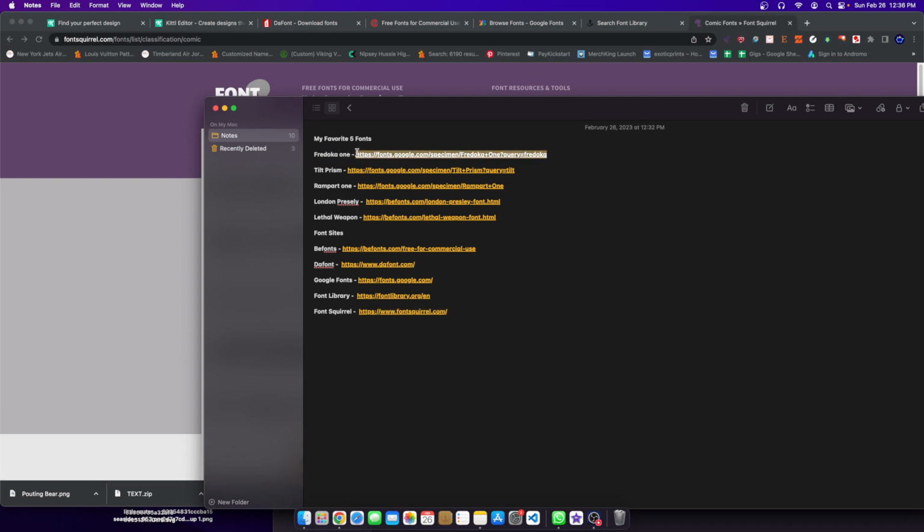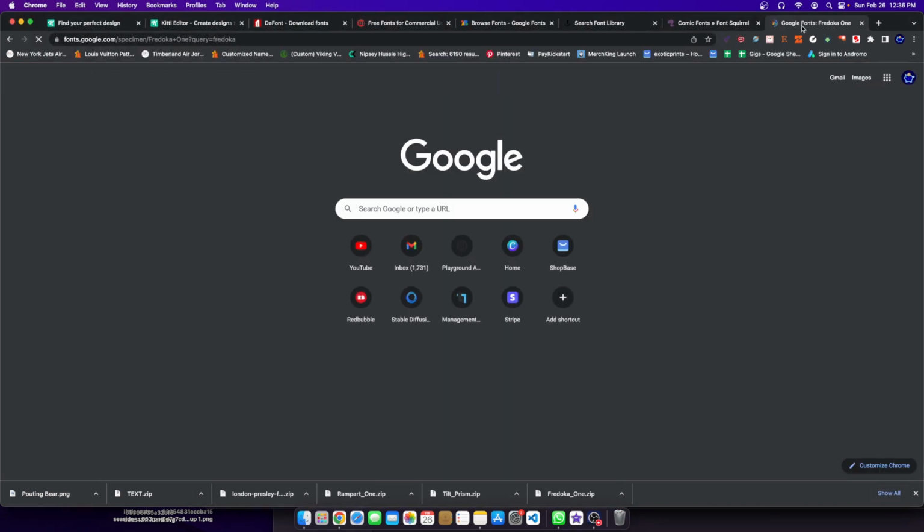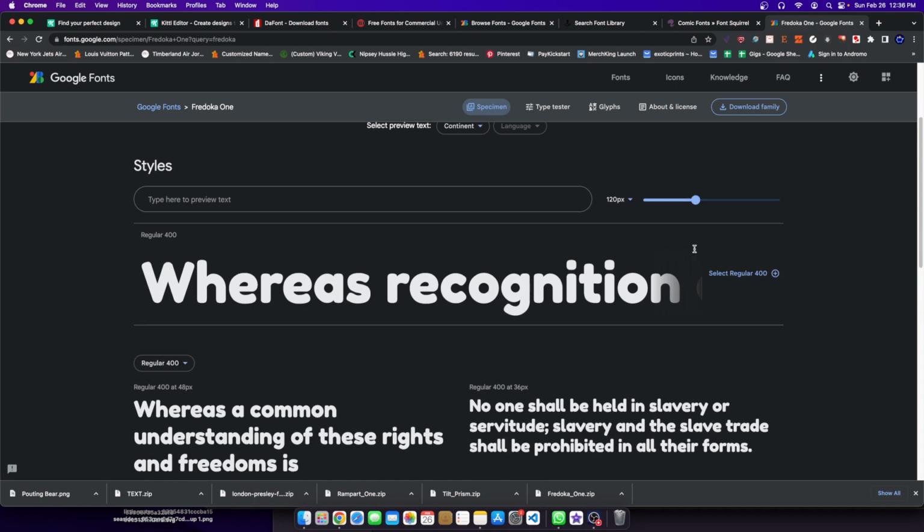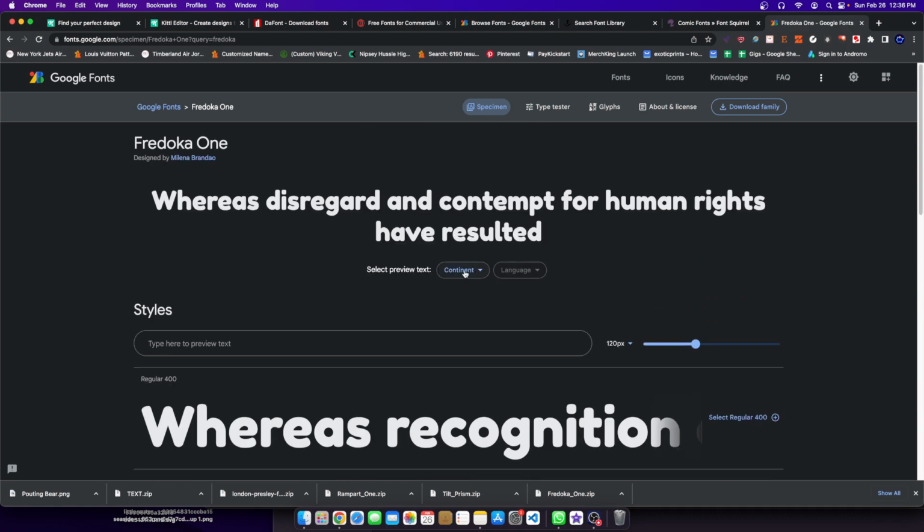So the first font that is my favorite personally is called Fredoka 1. All right, so Fredoka 1 is a cool font. You're going to see that I tend to like fonts that are bubbly and large and thick. The reason why is just because it looks better when it's printed on a t-shirt. We talked about this in the Redbubble courses, the design courses. Typically, we recommend going with bigger, thicker fonts just because they're a little bit more visible when it's printed on